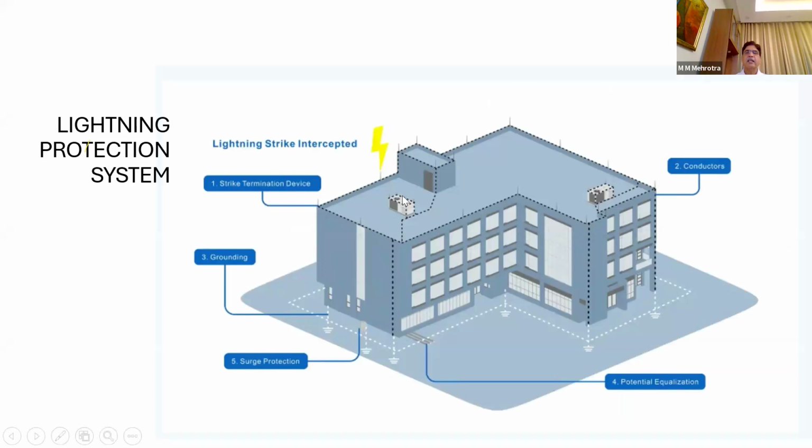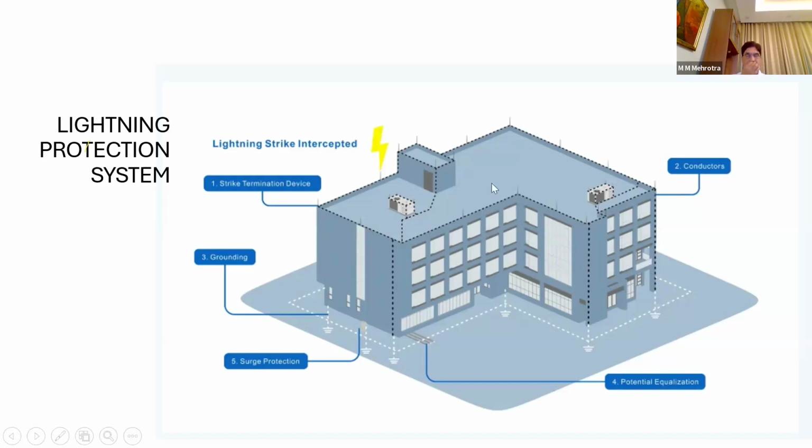Now IS says if the roof is more than 9 meter, then every 9 meter there will be a finial like this. There will be a mesh. Suppose the building is large, then there will be cross conductors like this also.